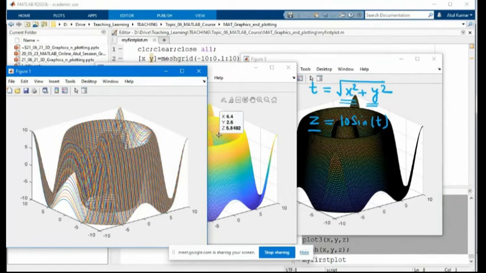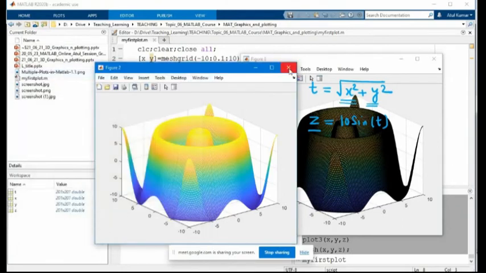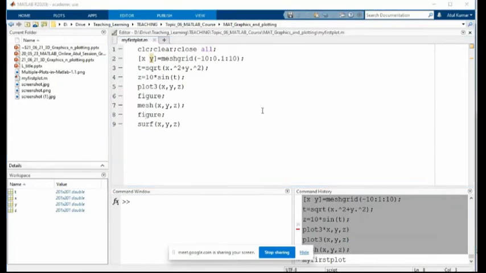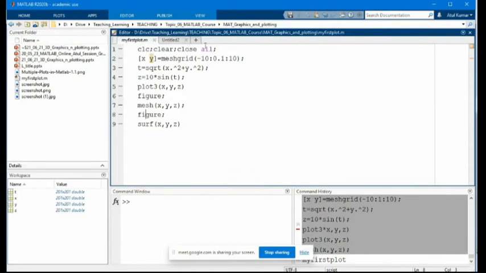Generating values of x and y is important. So there are different ways to generate the values of x and y. One more way, instead of meshgrid, you can use another command called the peaks command for generating the values of x and y. For example, I will take another example for this surf command